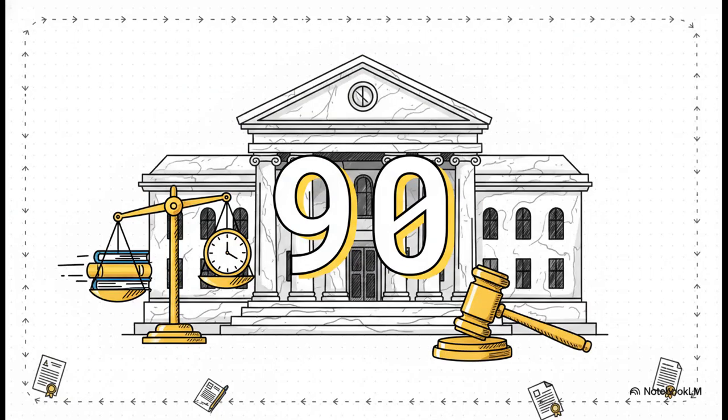Now let's assume the trial does go all the way to the end. Once all the evidence is in and the case is officially submitted for decision, the clock starts ticking. The rules mandate a strict 90-day window for the court to render its judgment. That grand marble courthouse we imagined, it operates on a very tight schedule to ensure justice isn't delayed.